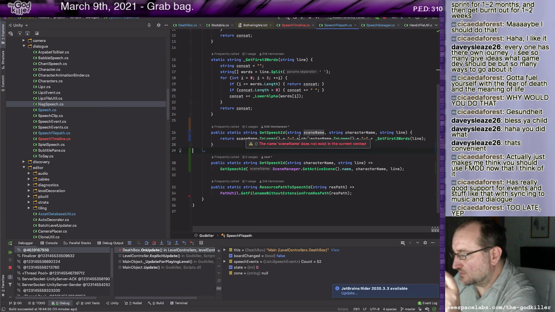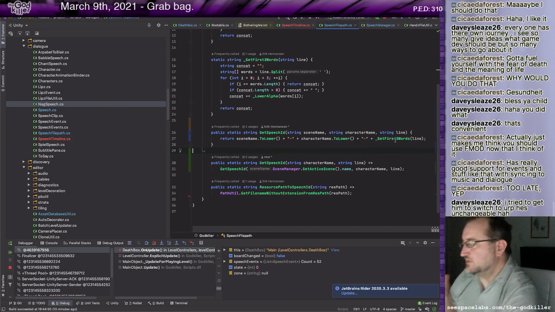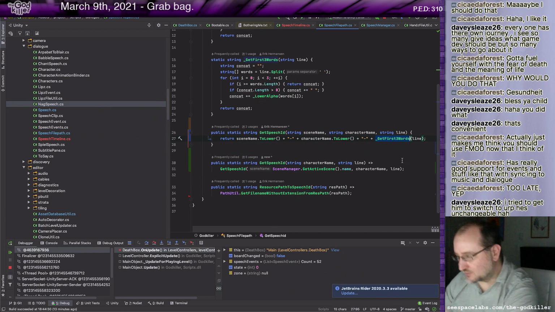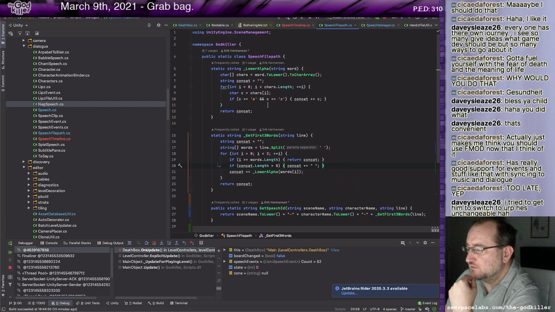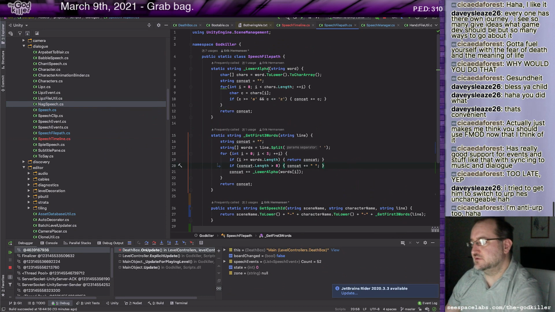Okay, so all I did is, it's going to be in this get first three words function. I think I just need to include the numbers, because I'm filtering out numbers right here. So if I just say lower,